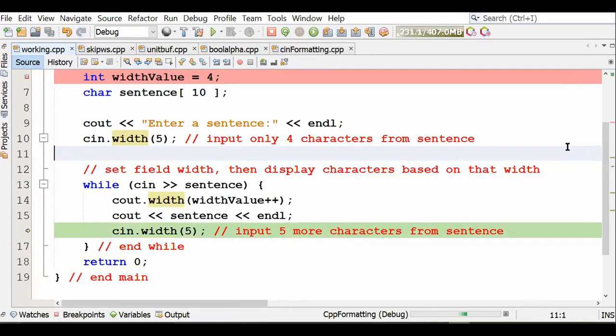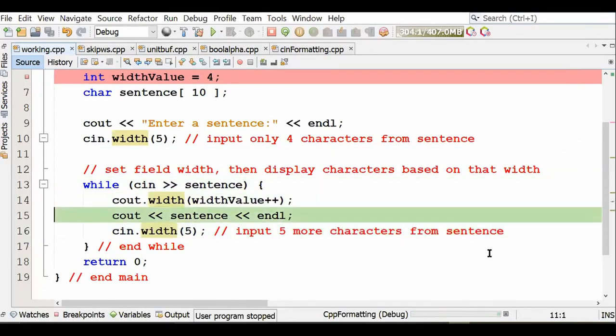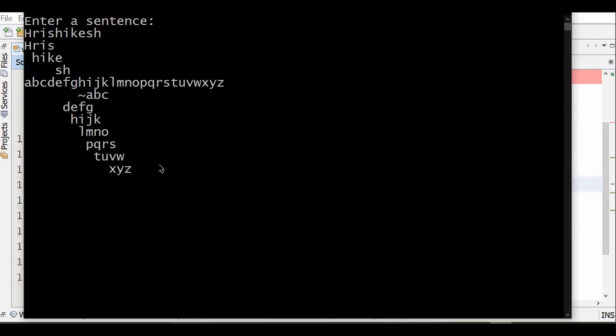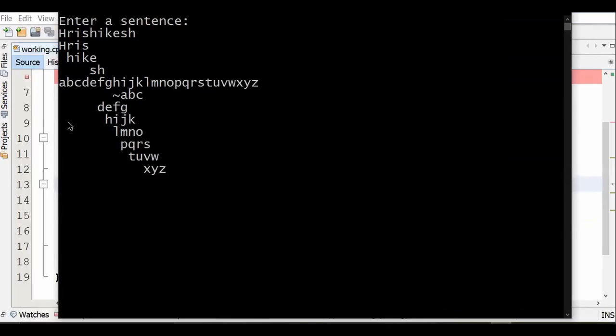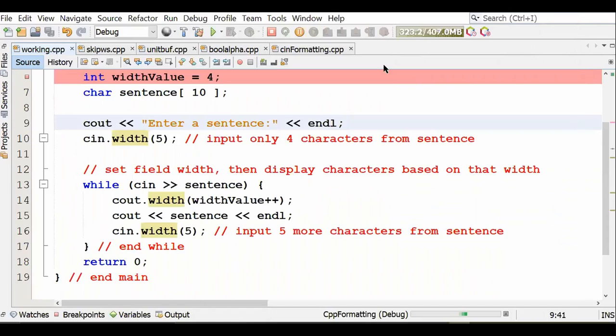I hope you're understanding what's happening over here now. Here we go. All the characters have got displayed. DFG, every time I'm increasing the width by 1. So first it was 10, now 11, 12, 13, 14, 15 kind of width. And in 15 width, 3 columns, because had there been one more character that would have got displayed. But currently there are only 27 characters, so they just exhausted those characters. So I hope you understood cin.width.